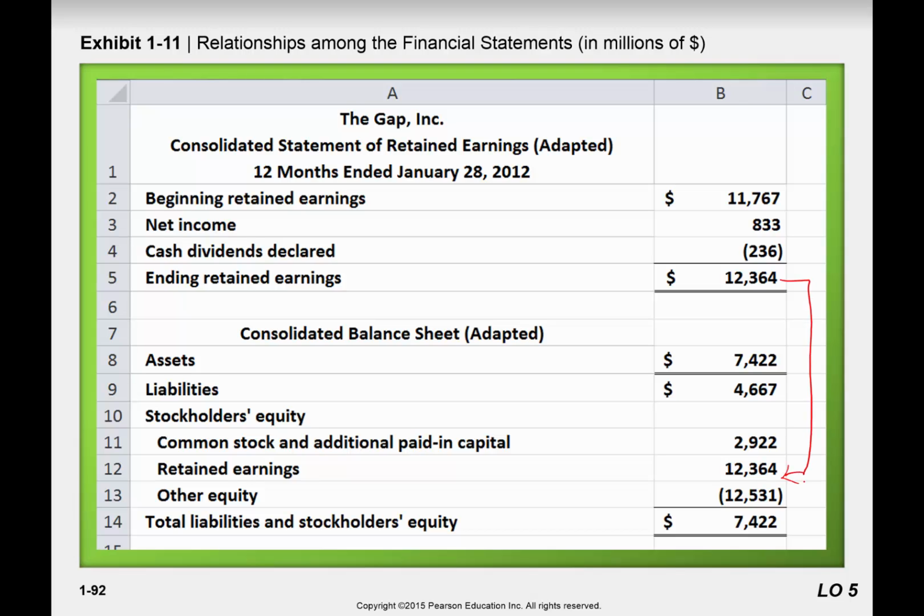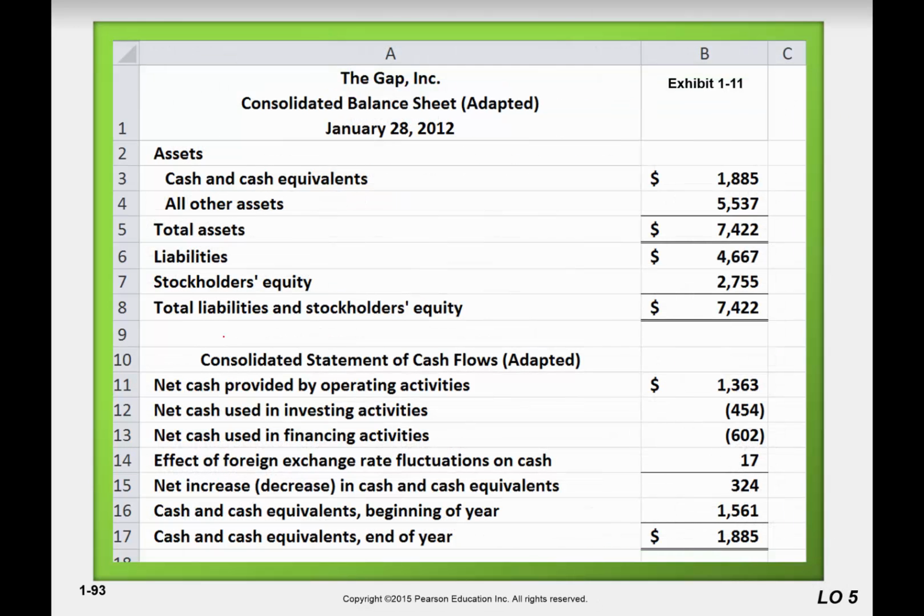And so our assets, liabilities, and stockholders' equity equals, and so you see we have here total assets, and then our total assets here, and basically then we have other equity that is subtracted to equal that. And now our cash and cash equivalents is on our statement of cash flows, where we have operating, investing, and financing activities, and this amount is what's listed as our first asset, which is